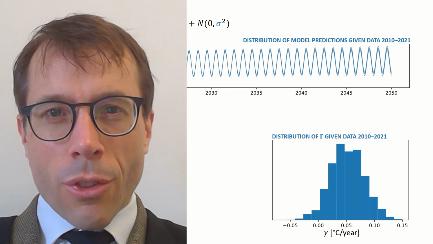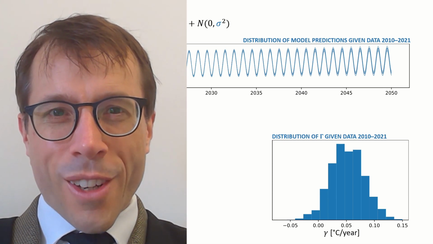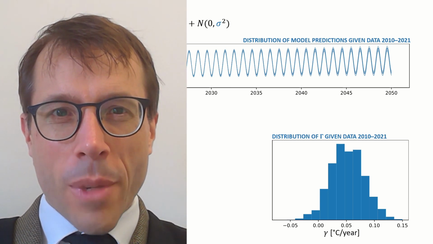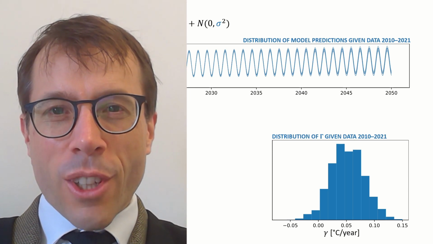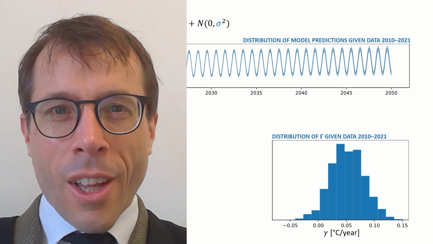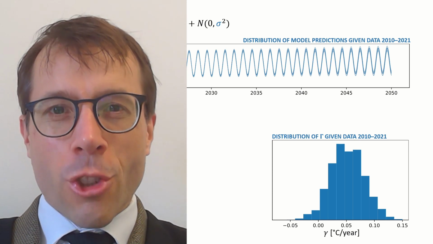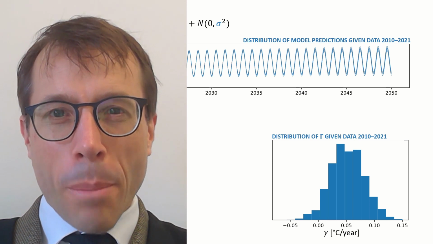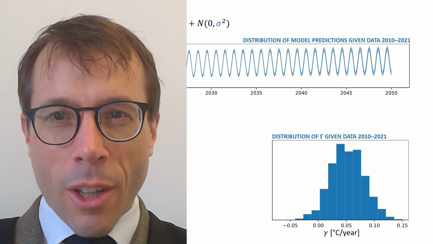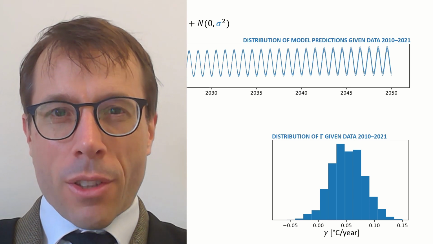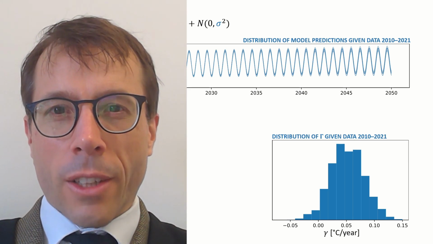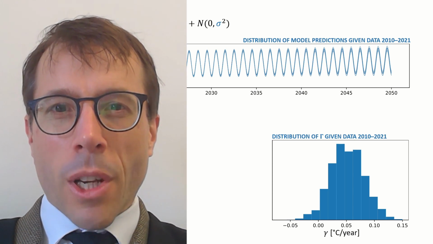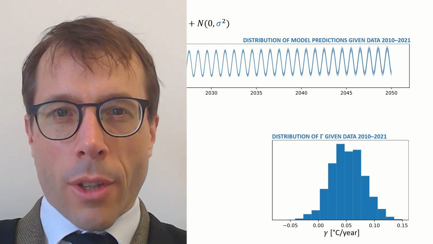By the way, if you read the news, you might be surprised that my distribution here is so wide. Isn't there general scientific consensus about global warming, and isn't it much tighter than my histogram here shows? Yeah, there is. For this video, I wanted to show an interesting distribution here, so I restricted myself to just Cambridge and just the years 2010 to today. This is how much uncertainty there is about global warming on the back of just 11 years of data from one location. And even this paltry amount of data is enough to persuade me it's pretty likely there is global warming of between 2 and 8 degrees centigrade per century. So just think how much more certain we'd be if we had used all the data.